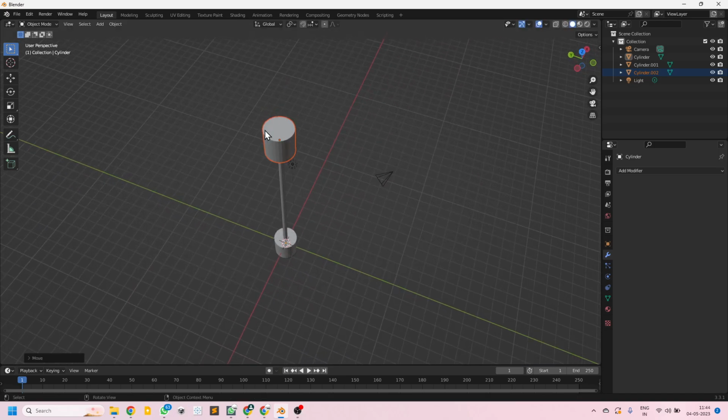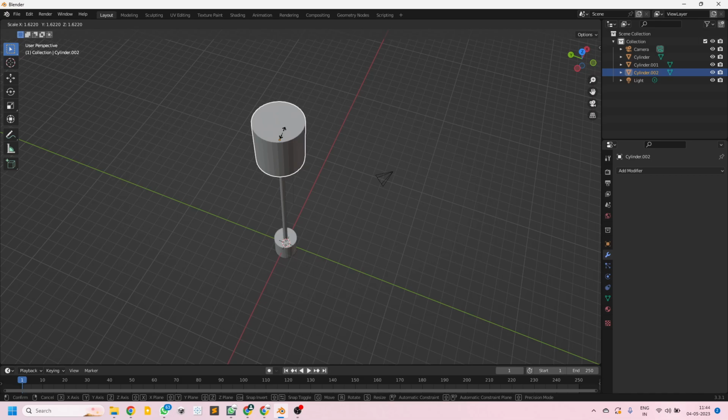I want it to be bigger, so I want to scale it. We have done it in the class earlier, so again I'm going to repeat it. Pay full attention to it. First, I want to scale it by hitting S on the keyboard, but as I drag, I notice that it's scaling in all the axes, and I don't want that. I just want it to scale on the X and Y axes, not on the Z axis, because vertically the length is fine. Okay, so I'm going to hit Escape on the keyboard,